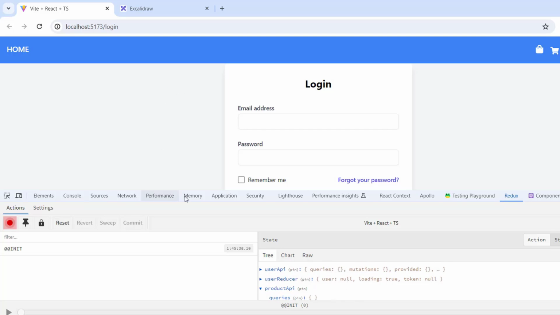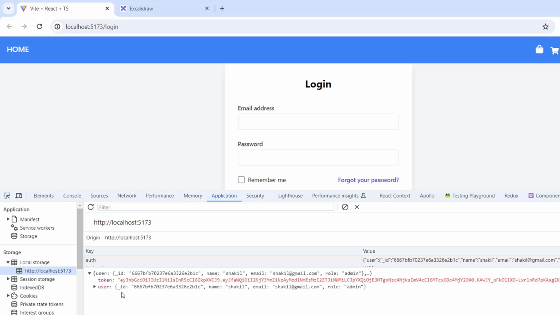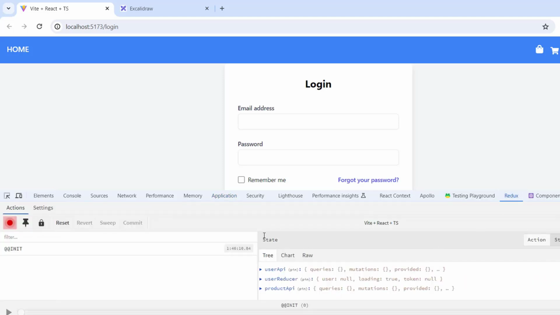But one thing, in our application token and user are here, as they are stored in the local storage, so we can take advantage. If I refresh, it will not go away, it will persist, it will remain over there. So we can take advantage of local storage, but from Redux we are missing the data, and login is not persistent. After refreshing, it logs the user out. So it's not wise, it's not the best practice. So for that we need some configuration,